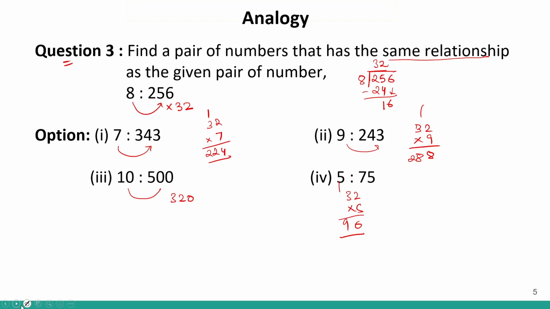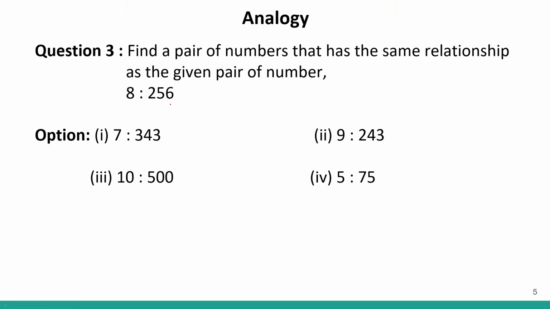Correct? So now let us find another logic. If I see 256, basically it is half of 512. 512 divided by 2 will give me how much? This is 2 times 2, 4. 1 will be over here, so 5. And then 1 will be over here, so 6. So this is divisible by 2. And what is 512? 512 is basically 8 cube.